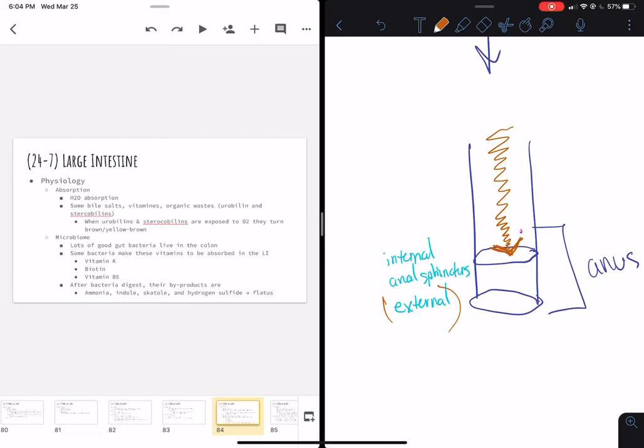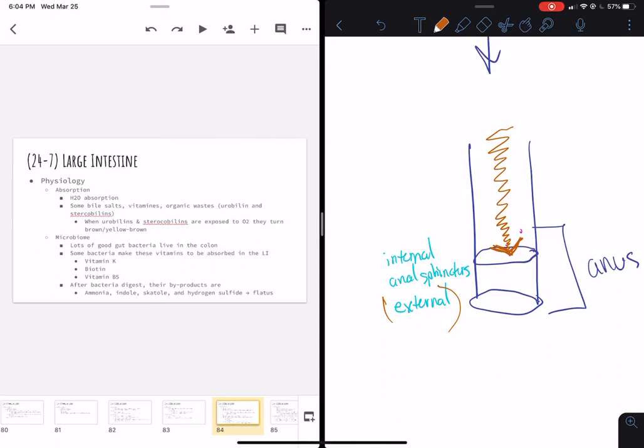After the bacteria in the large intestine actually digest the foodstuffs, they might also make additional byproducts like ammonia, indole, skatole, and hydrogen sulfide, and all of this collectively is what makes flatus, or flatulence, which is farts or gas. So this is why, depending again on what you're eating, and depending on what's left over by the time